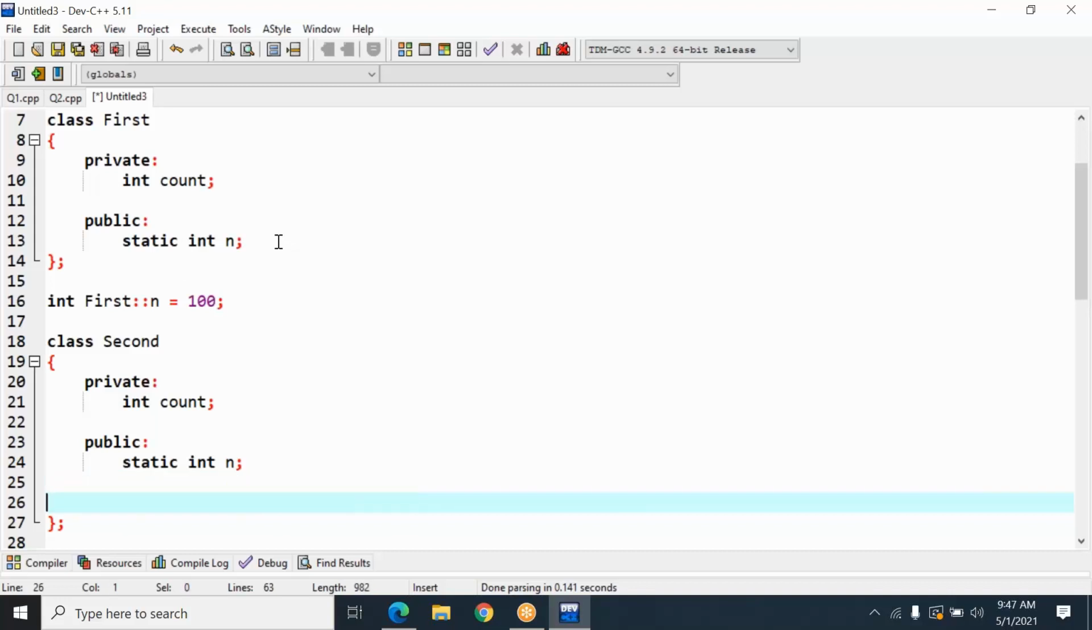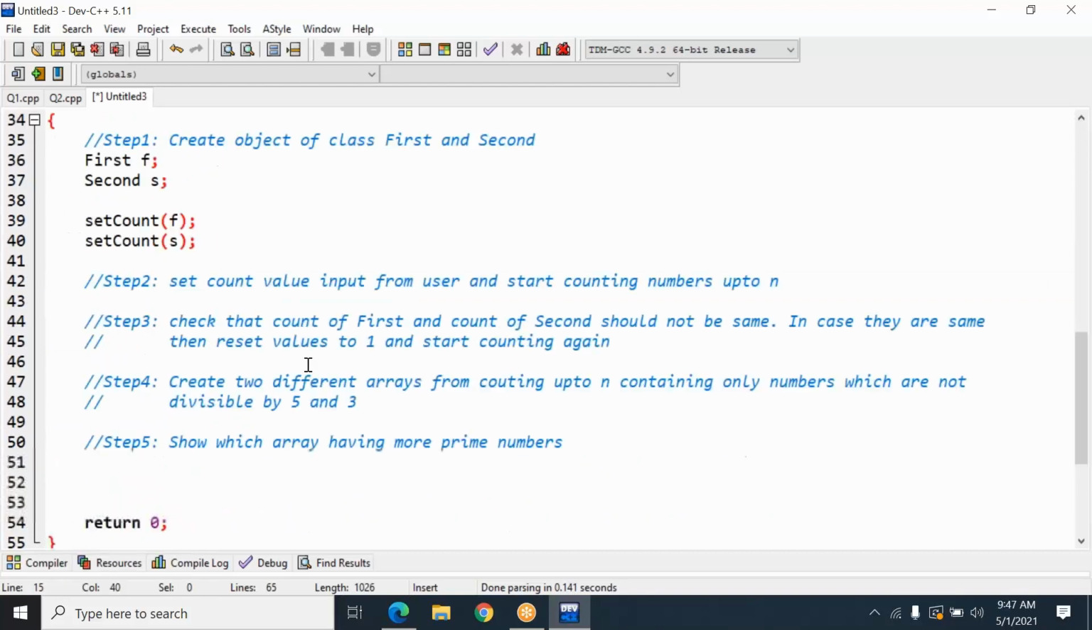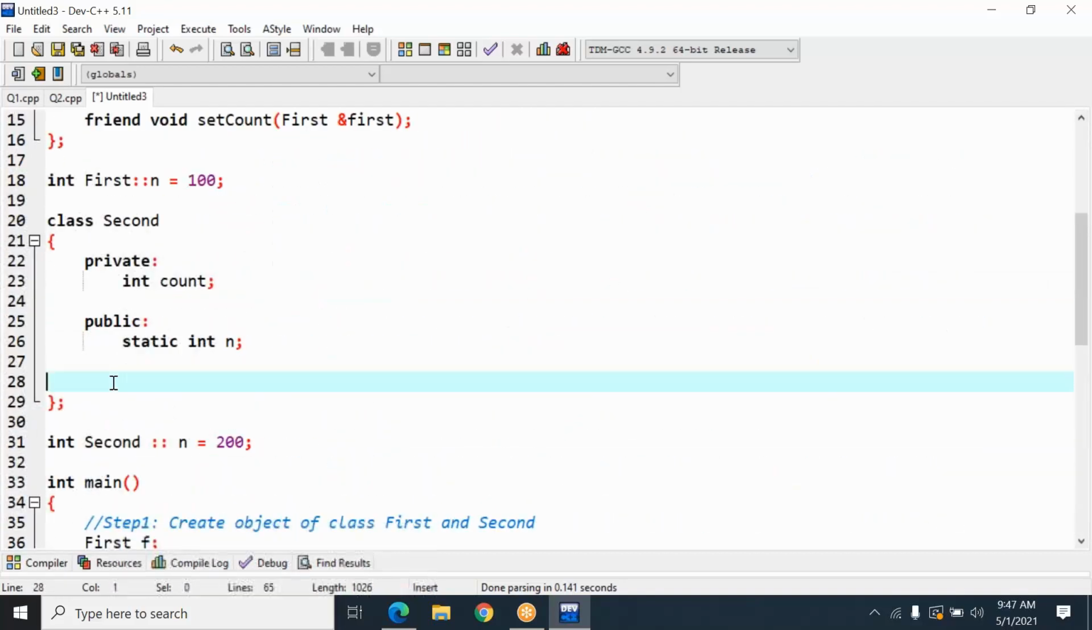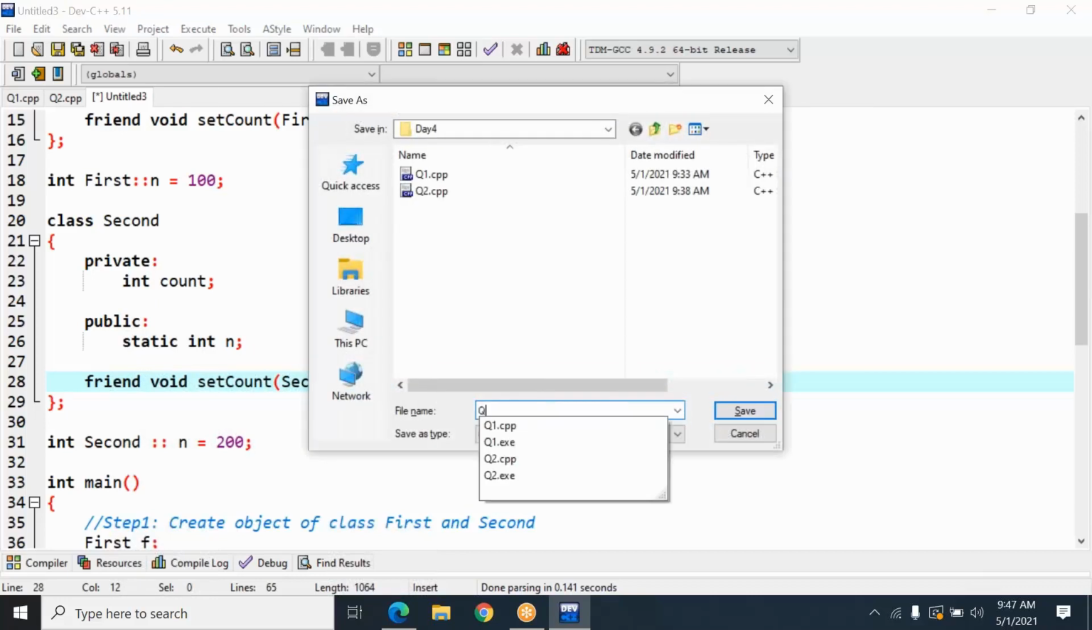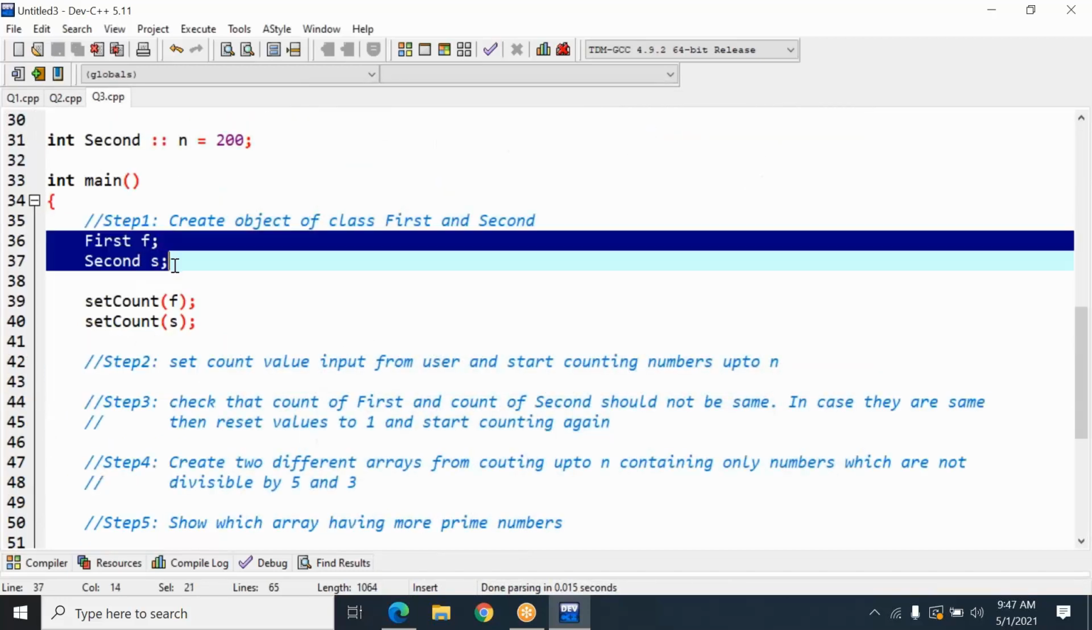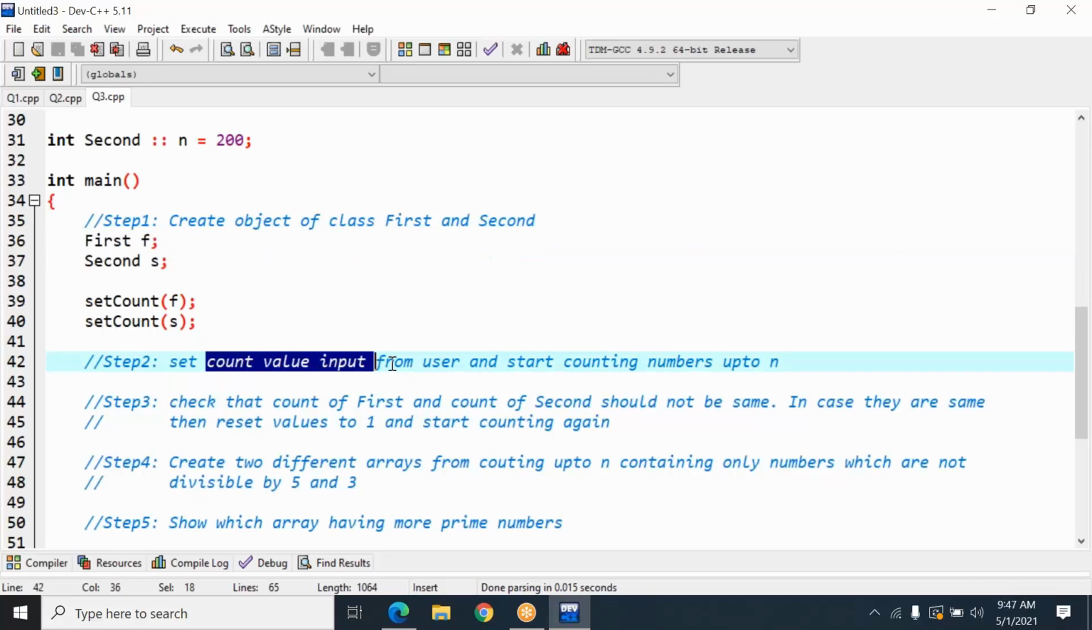Okay, it should be here only because it's the first. Similarly, you copy this and write it in the second class here. Begin it with the friend keyword like this. Okay, so we will save this as question number 3.cpp. Now what is next? Once we have created the first and second objects,